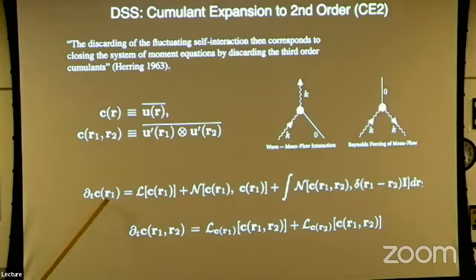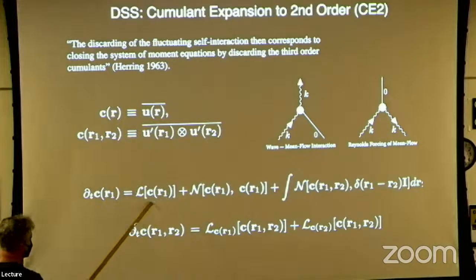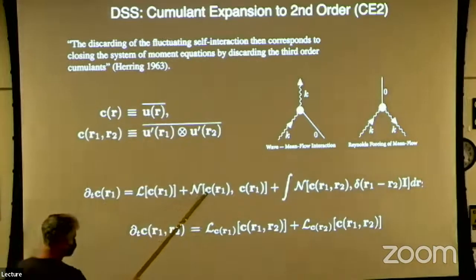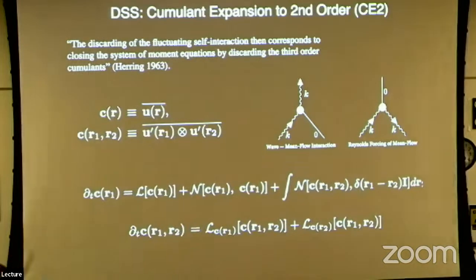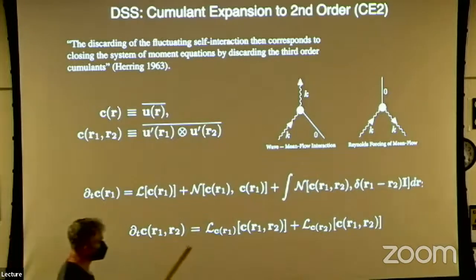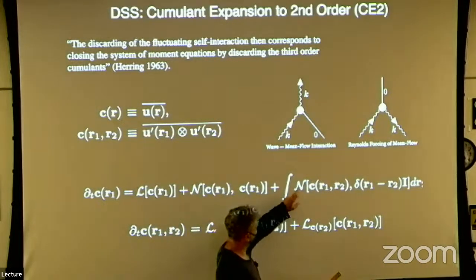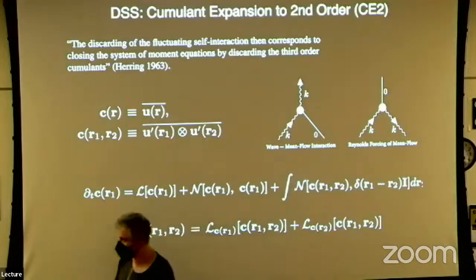Let's do this. So this is the evolution of the mean. Think of this as Q bar, right? So the evolution of Q bar, that term is this term. There's a linear term here acting on the mean. There's a term of the mean acting with the other mean. So that's this one. And then I've got this funny term here, which is like the nonlinear term, it's this term,